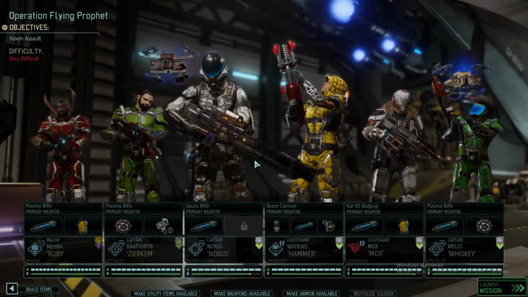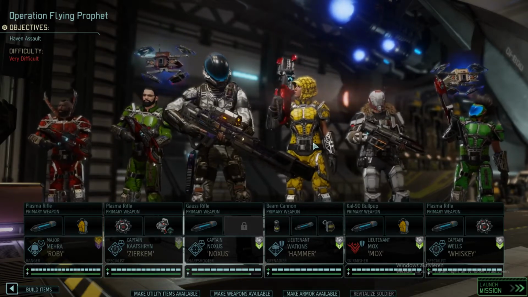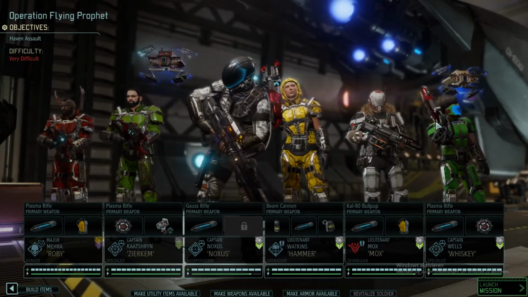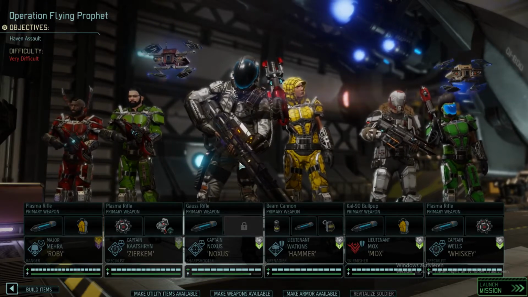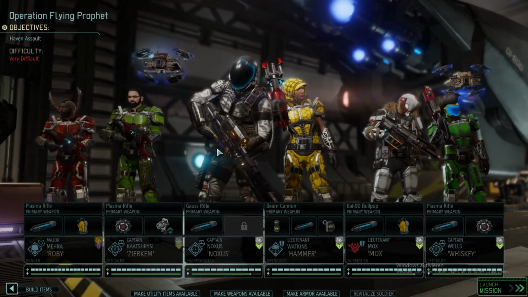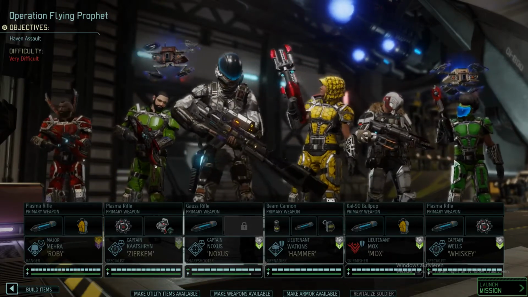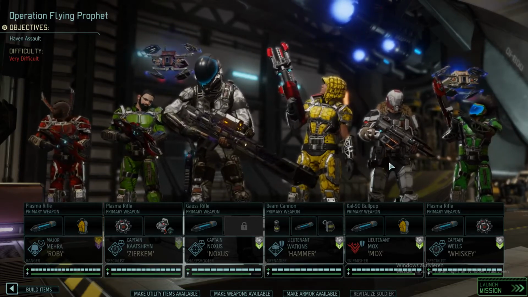This is going to be a nice little retaliation mission. We have upgraded all of the weapons. They have highly modified weapons. We are running with Roby and Sirkim to lead this. Noxus here is going to join them. His buddy Hammer is going to join Noxus, and Mox and Whiskey, who are also a squad, are rounding up